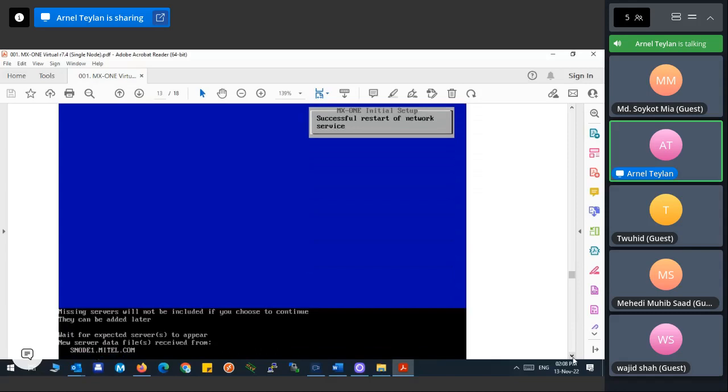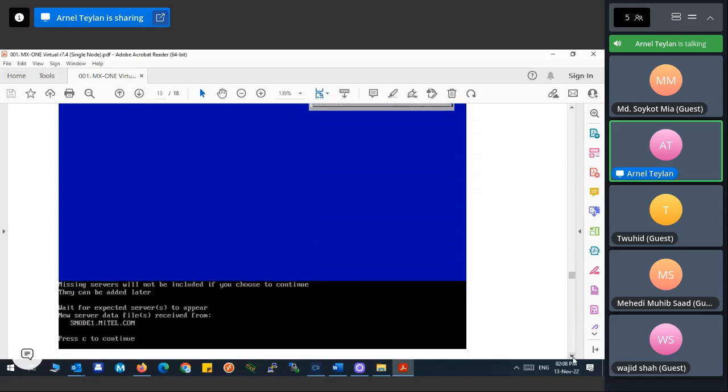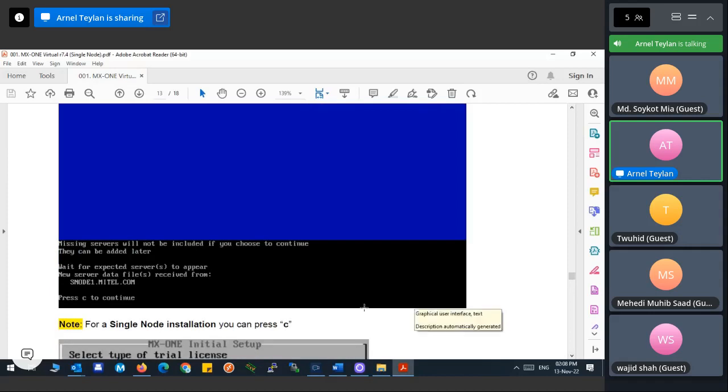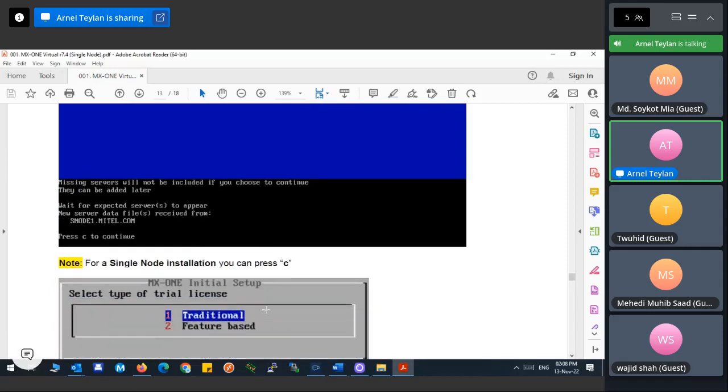Okay. Now, because this is a single system installation, if it is only one single server, you have to press C, small letter C, not capital C. It will not accept capital C. Later on, I will tell you how to add additional servers, because that's why I have different documents. For example, you only need to install one. I don't care about how to add limbs. But if you're installing multiple limbs, then there is another procedure for that. So if it is only a single system, then you can press C right away, and then it will go